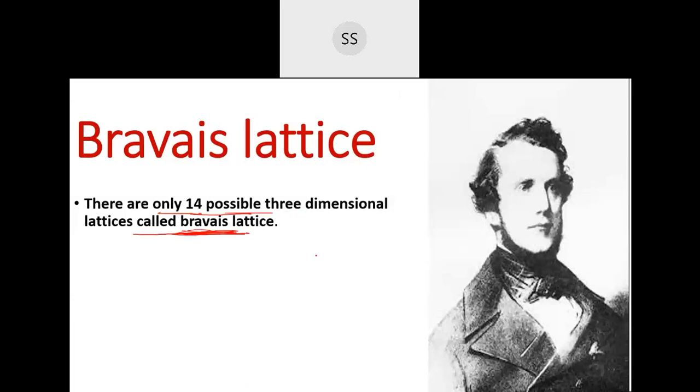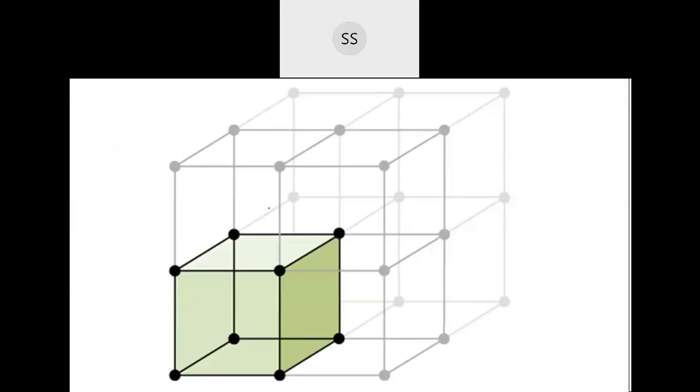Now the next thing is, you know what a crystal lattice is. I have told you this three-dimensional arrangement of points in space is called a crystal lattice. Now if you see here, you can see the green color portion on this side. That green color portion is the smallest portion which is getting repeated continuously, giving you this three-dimensional structure. That small portion which is getting repeated is called the unit cell. That small portion makes the crystal lattice.